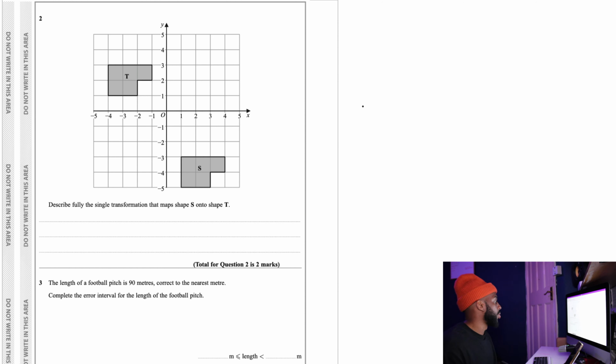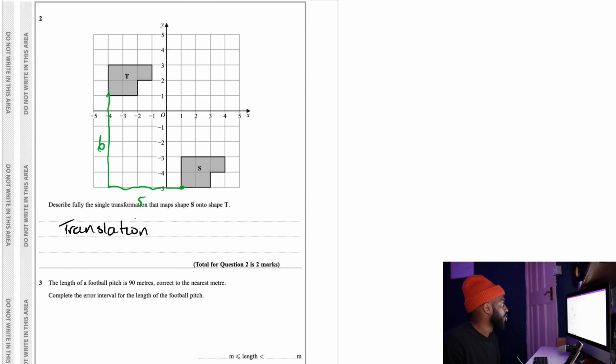Transformations. So in this question we need to describe the transformation that maps shape S, the shape below, to shape T. We can see it's just moved, hasn't rotated or enlarged or anything, so it's a translation. So we put translation, and then we've got to see that translation, so we put 2 points that are the same, and we look at that journey. So 1, 2, 3, 4, 5, 5 to the left, and 1, 2, 3, 4, 5, 6,